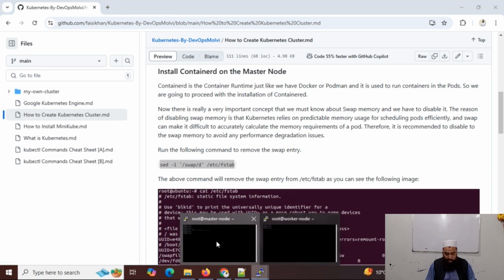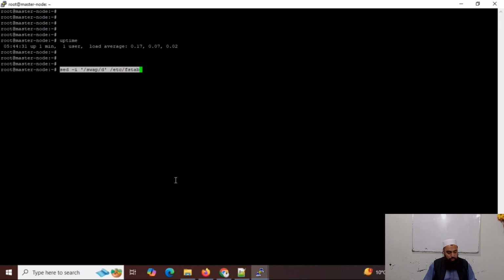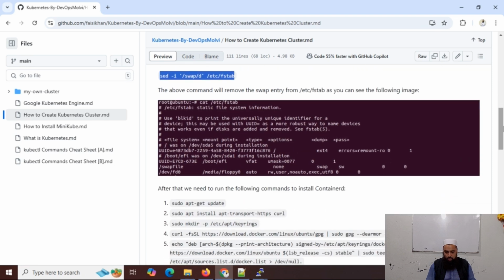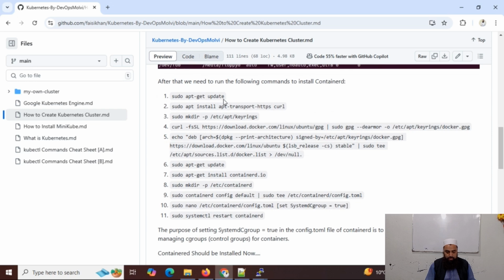So I am logged in on my master node and I will run it using the root user. If you are using any other user, you have to run all these commands with sudo. I am using root, because I feel more comfortable using the root user. And we are going to copy and paste all these commands that are here in this tutorial. After that, we need to run these following commands to install containerd. So the first step is to install